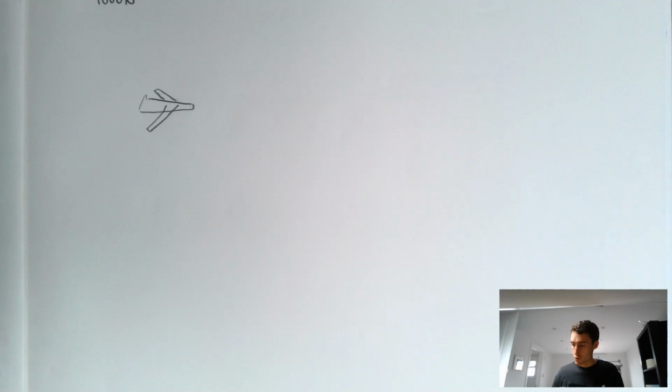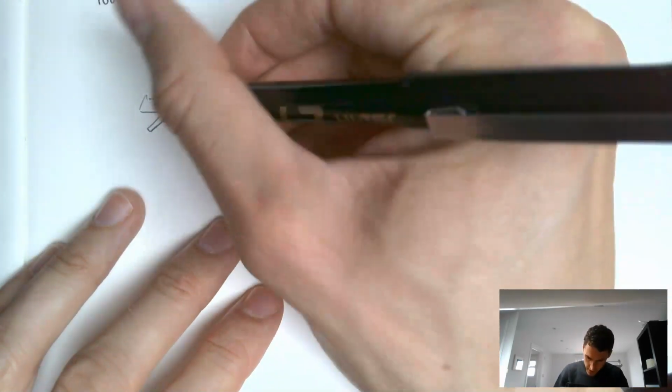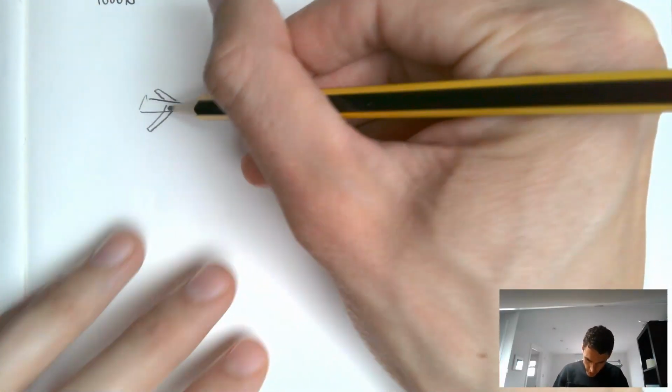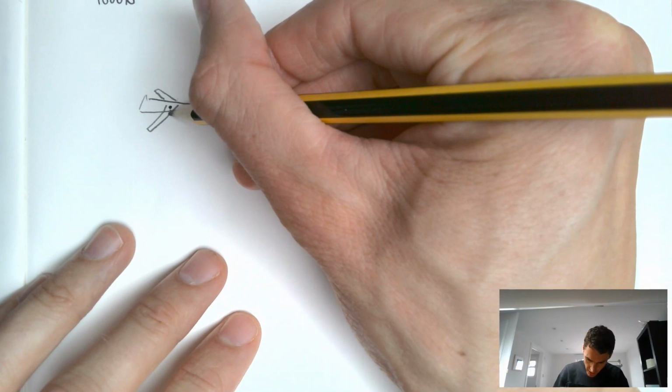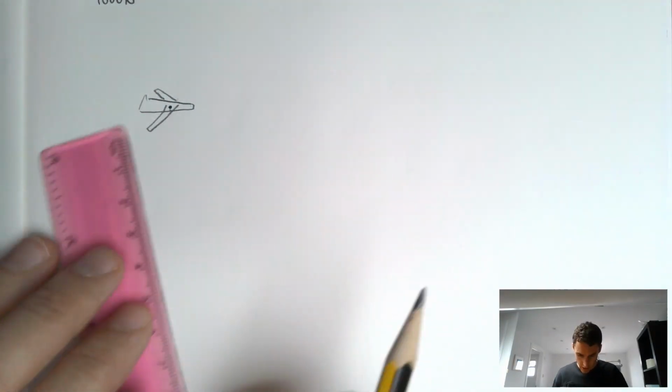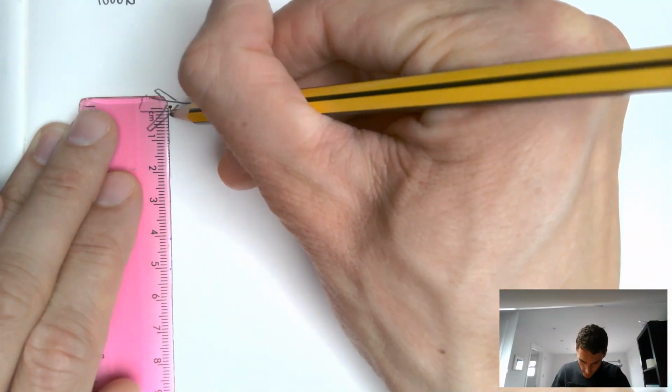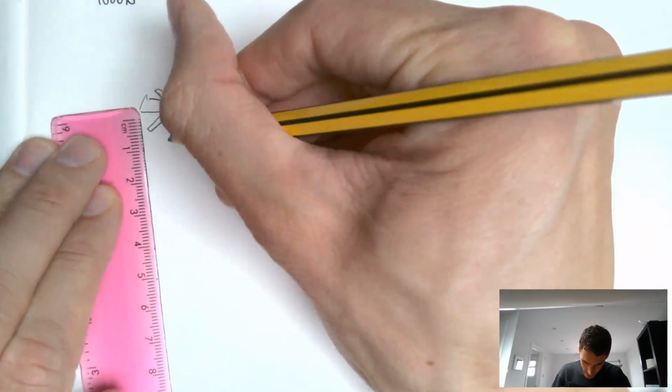First part of the task was to draw the four forces acting when the aeroplane's travelling at constant speed. And I'm going to do these in pencil actually. So what we've got here is, I'm not going to do this to scale. In fact, I should do this to scale, then we can keep it accurate. So what we can do here is say, well, okay, let's imagine we've got 1,000 newtons down,